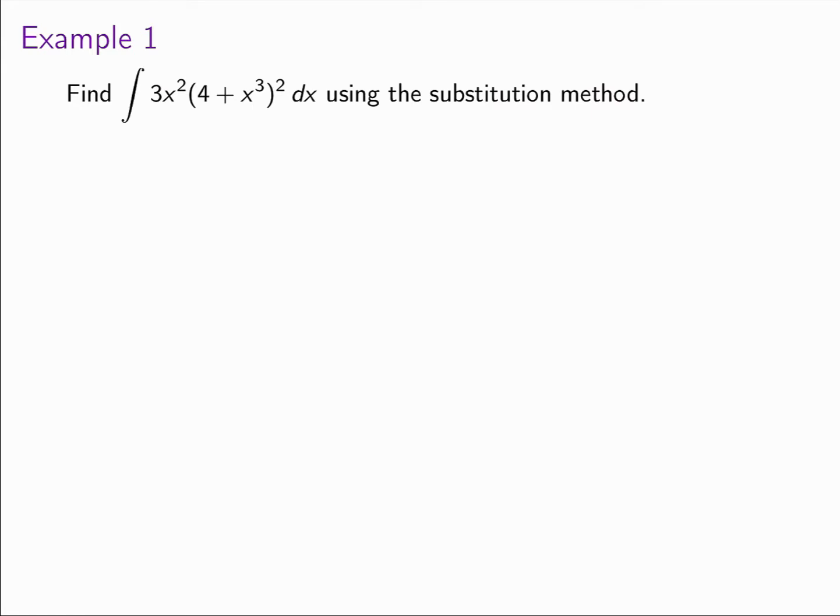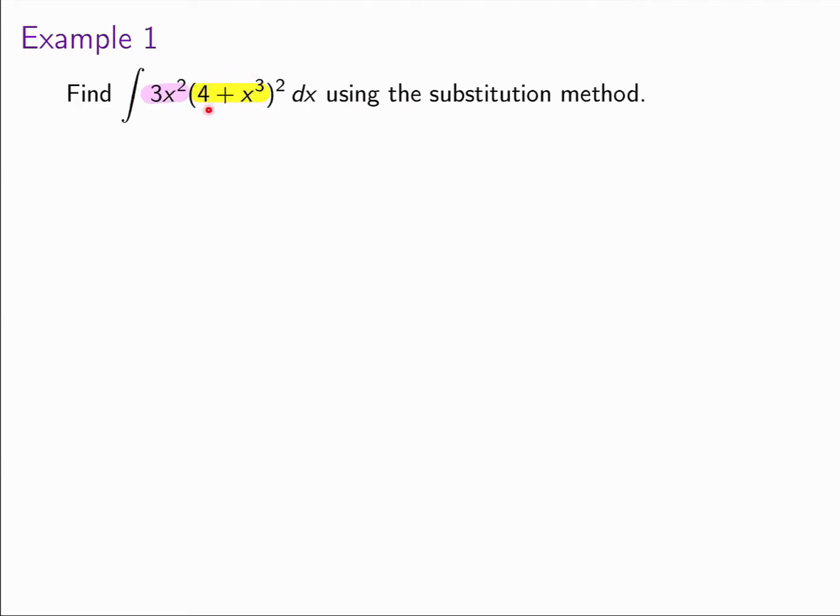So here we go. Let's do another example. The integral of 3x squared times the quantity 4 plus x cubed, squared. And when I look at this, I know I'm looking at possibly undoing a chain rule situation,